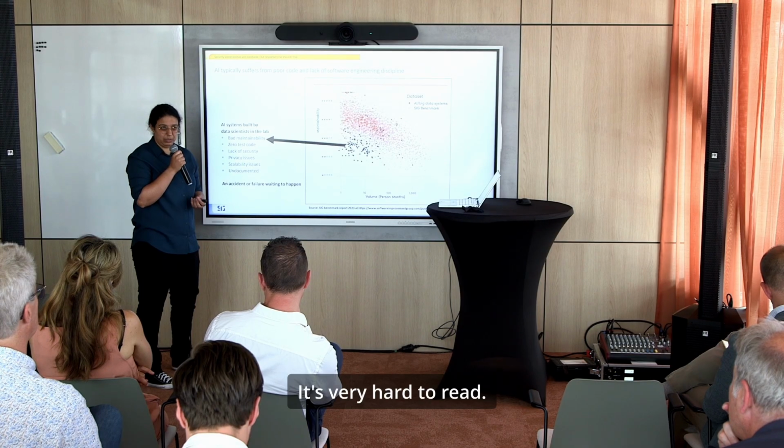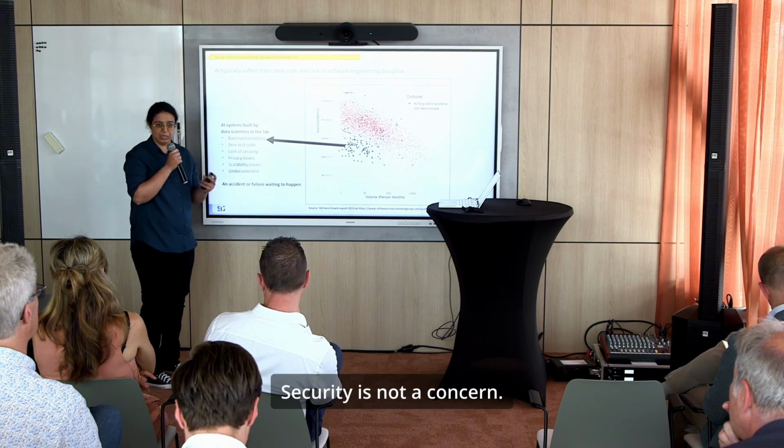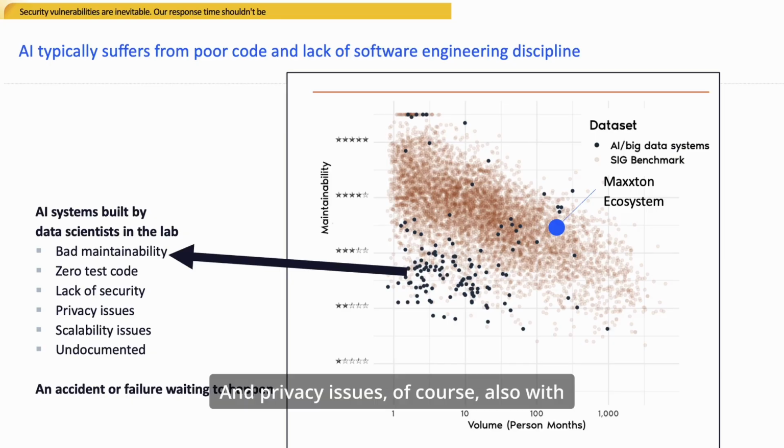It's very hard to read. Then we see also very little test code. Security is not a concern, it's not built in. And yeah, privacy issues, of course, also with that, scalability issues. And the main cause of that is actually